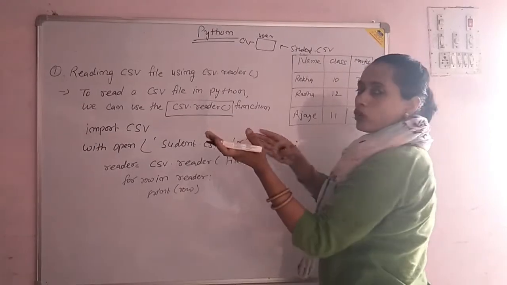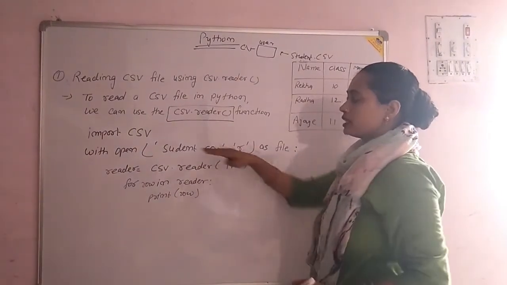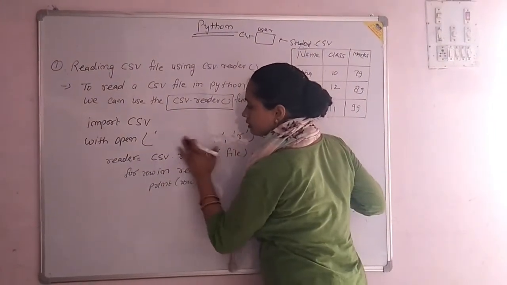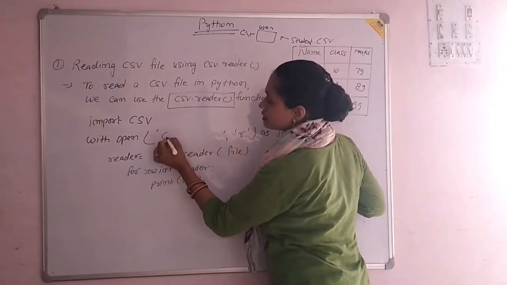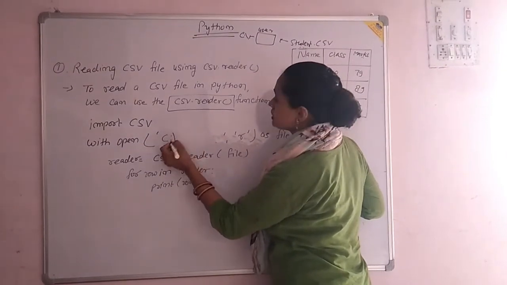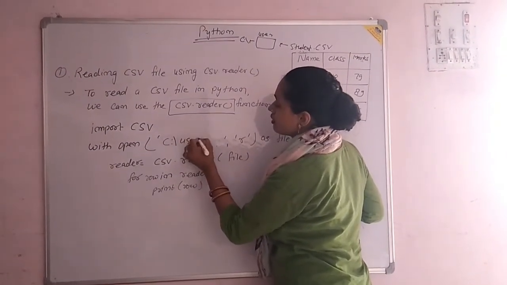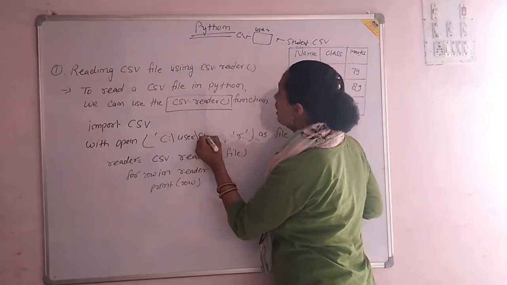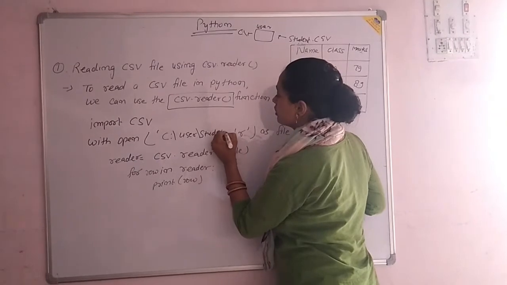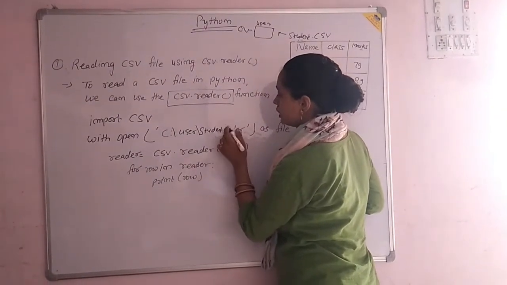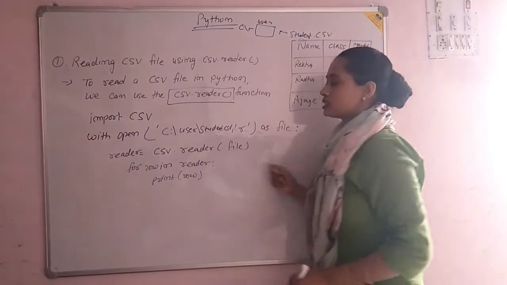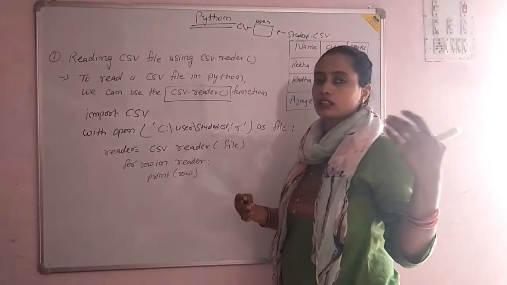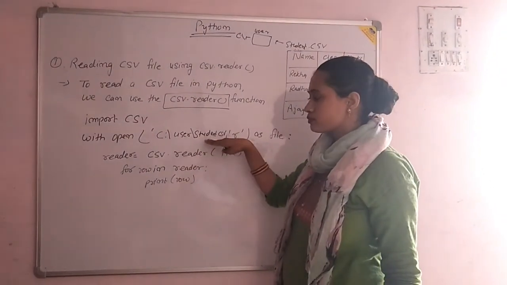So you have to write the complete path in this area. Here I am taking the complete path: I am writing C prompt, the C drive, and in the C drive I use the user folder, and in the user folder we have saved our student.csv. You will use the complete path if you have lots of folders, and the complete path will be passed in this format.